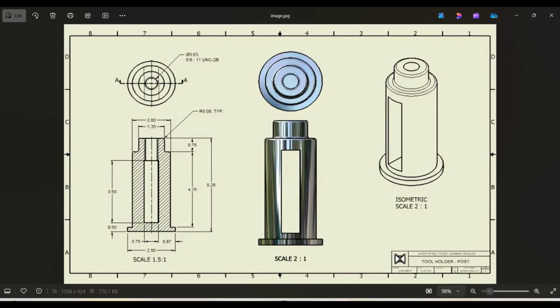So we have a rectangular cut on it. The rectangular cut is 3.5 by 0.75. So you can see the 3D view